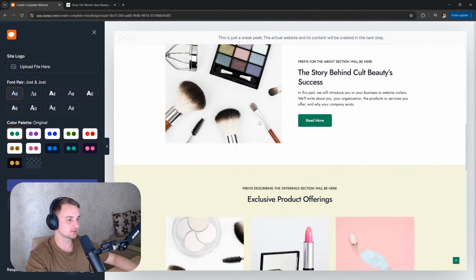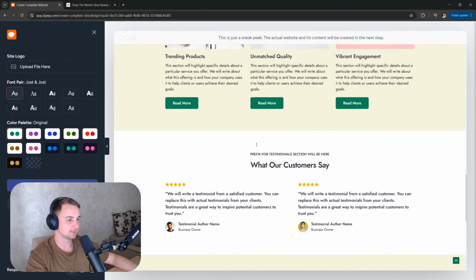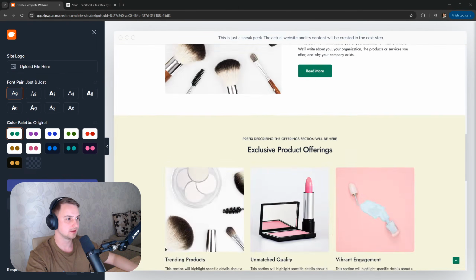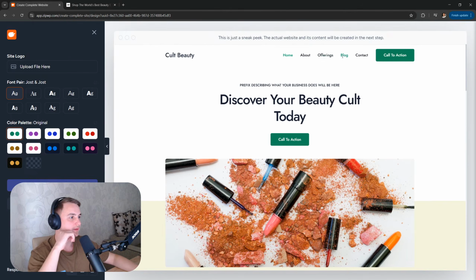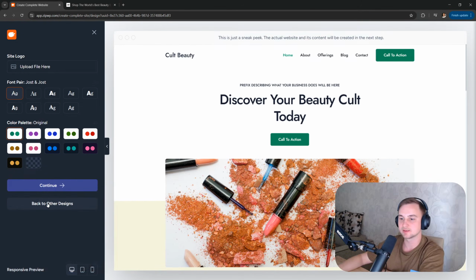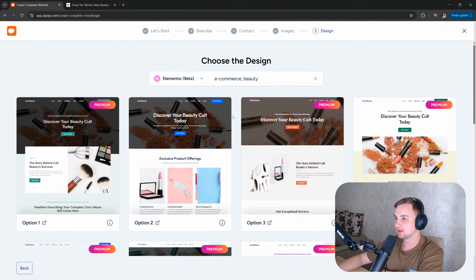So this is much simpler, as we can see, but it seems to have all of the needed functionality. Actually, it doesn't. Blog. So it doesn't have like a shop page. So let's exit out of this. But this is gonna exit us to the dashboard, so I'm gonna cancel. We actually need to click back to other designs. And